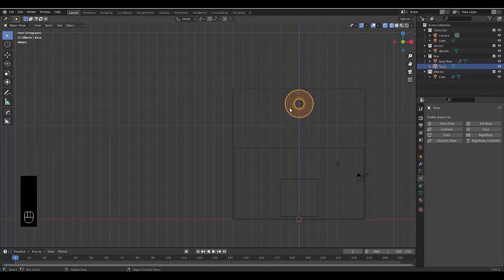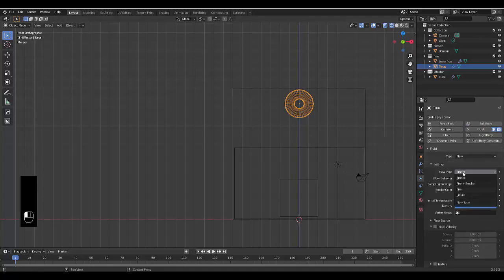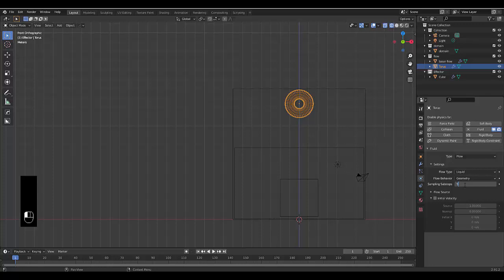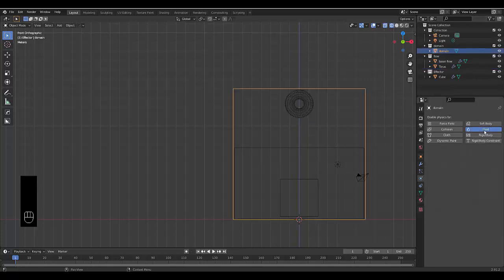Next thing we're going to use is this over here, which is this torus, also like a donut, fluid, flow, smoke to liquid, geometry, and we'll put this on 5 as well. And the last thing we want is the domain, which is going to be fluid, domain,